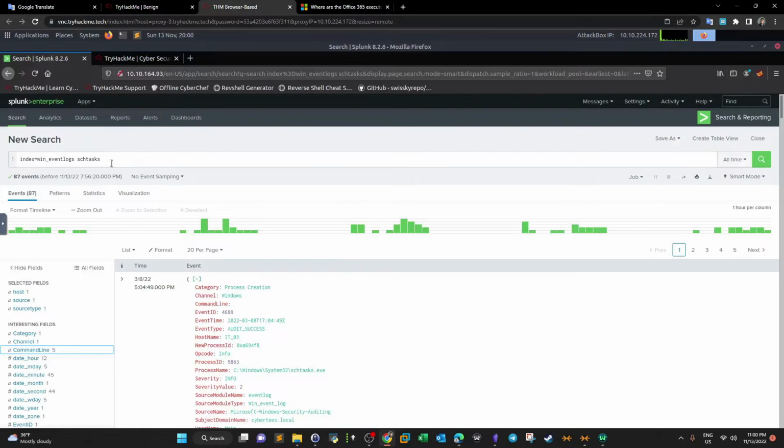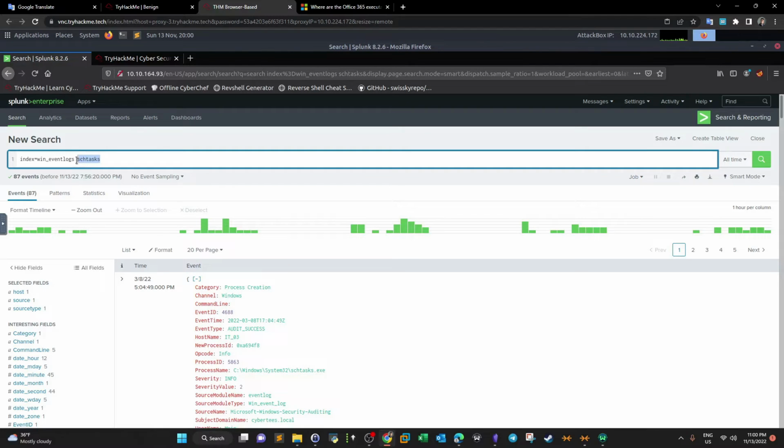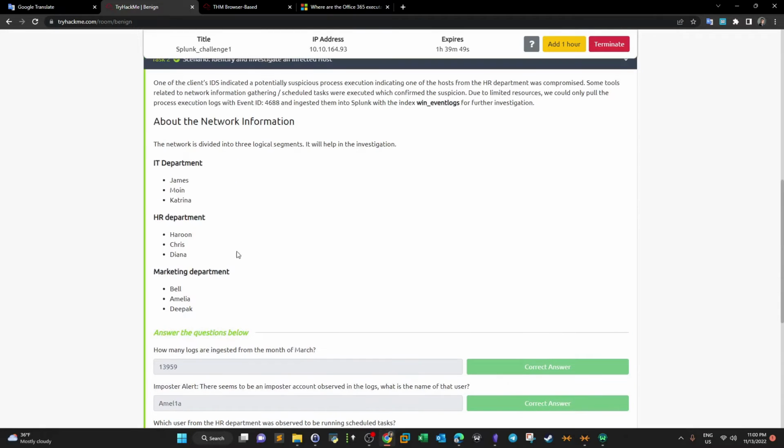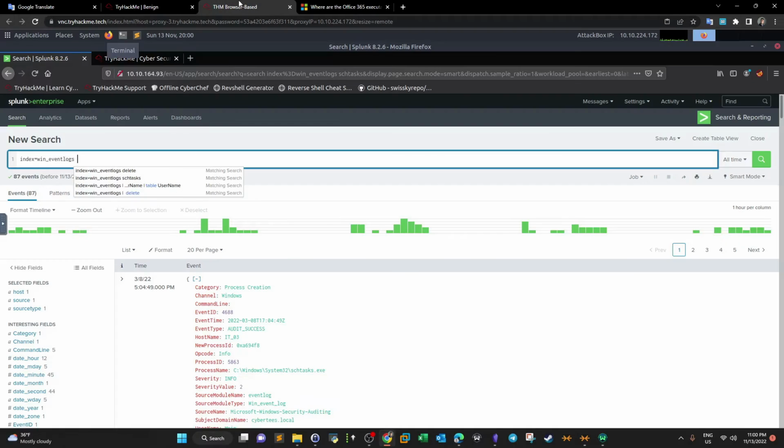Okay, let's remove schedule tasks. And here we have to filter by the username. So HR department, to find out which user, let's go back and include all of these usernames in the search. So here we put user name equal Aaron, or include all of the users who are in the HR department. Chris, Fort, or